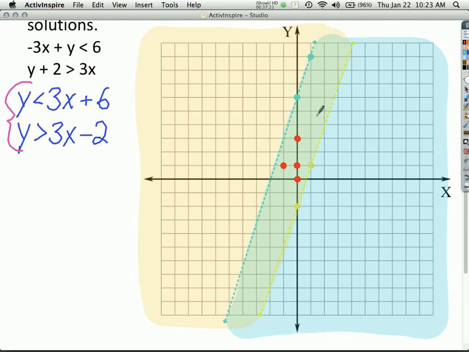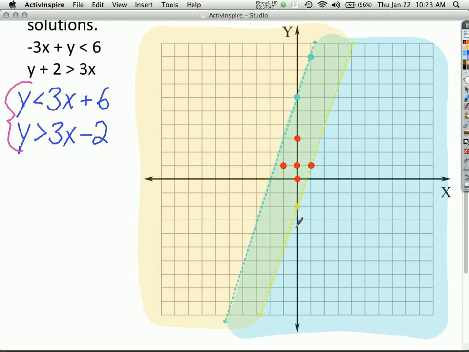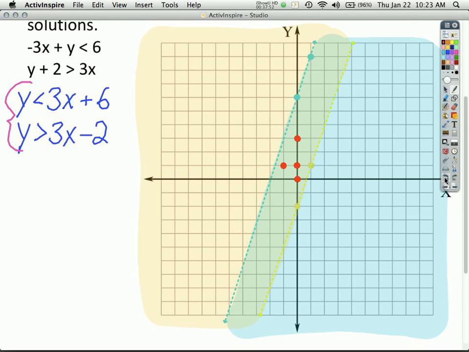I heard some people debating this point right here. Anyone have any thoughts on that point? Is that a solution? Here, let me mark it down so you can see it. I don't know if it is or not. What do you think? Ethan, what do you think? It's not because it's on the diagram. You think it's not. Do you agree with that? There were other people who had their hands up. Do you agree with that, Aaron? Yeah, that's not a solution because the line is dotted, and that specific line constitutes points that are not solutions. So unfortunately, that would not be included. Okay? Good. Excellent job and very nicely articulated.